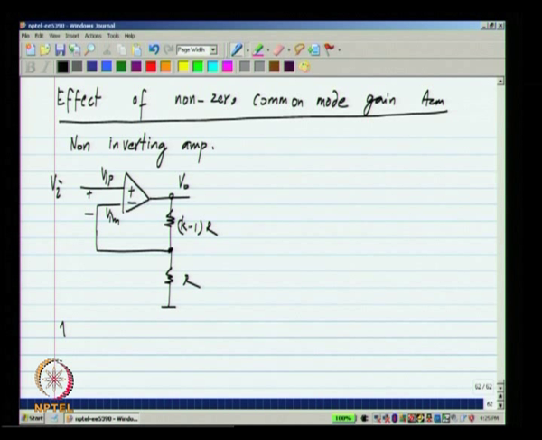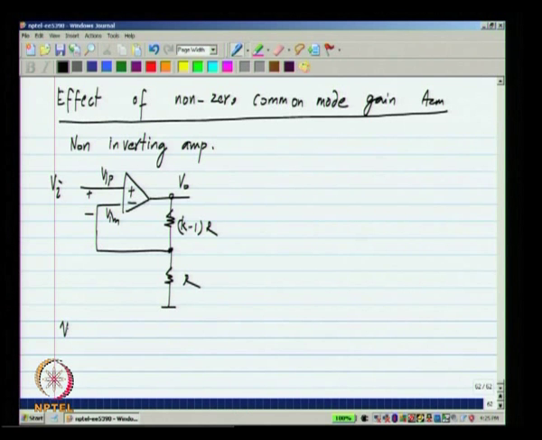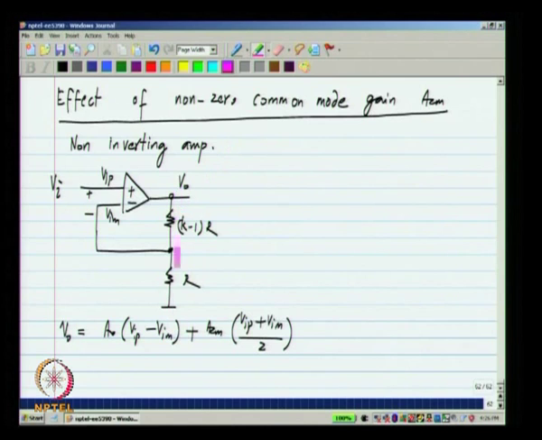Now, I can't simply use the difference voltage here. I have to use these two to represent the output of the op amp. So, V naught is given by A naught (VIP minus VIM) plus ACM (VIP plus VIM)/2. And we have the relationship due to the feedback network, which says that this VIM equals V naught by K,